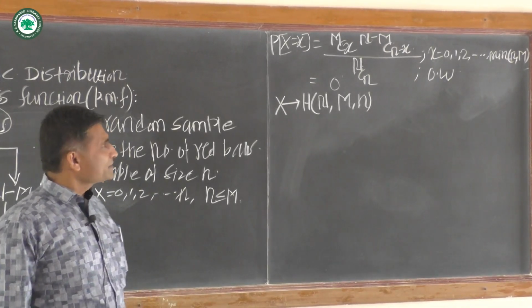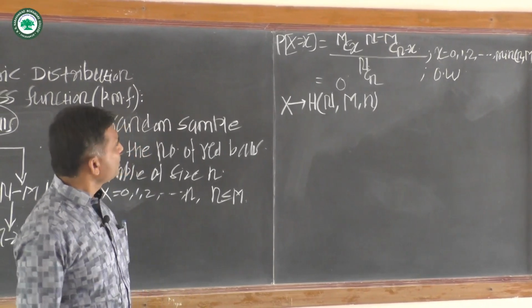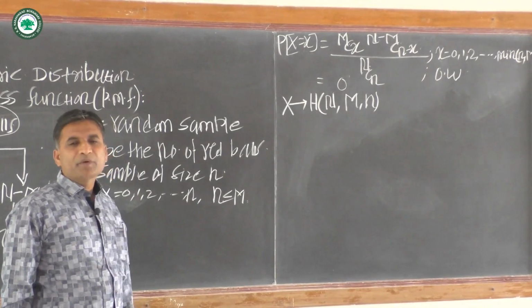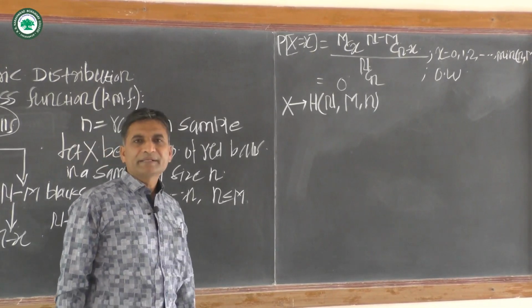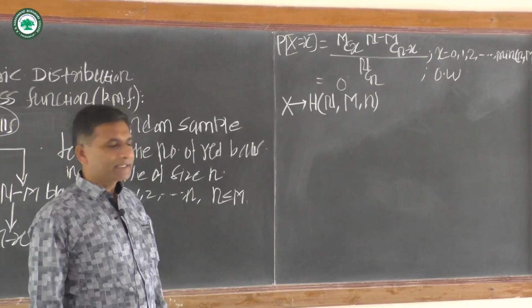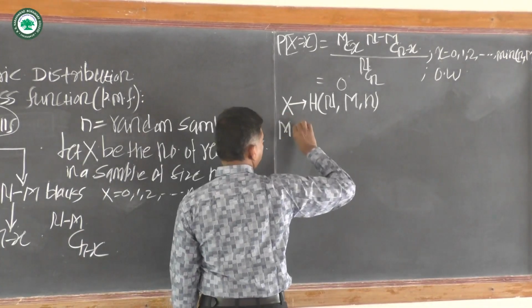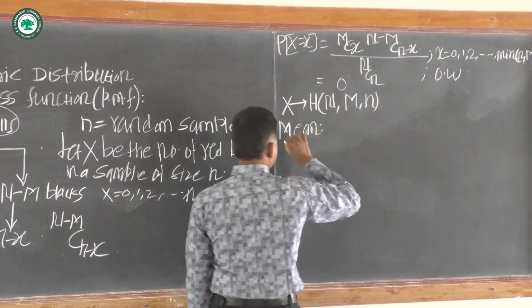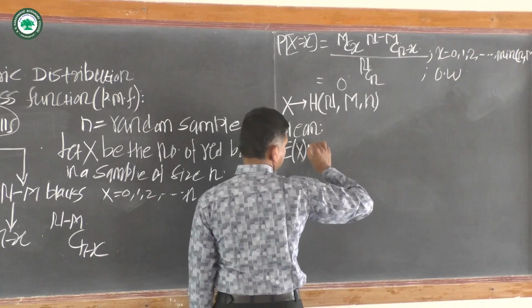Under these conditions, hypergeometric distribution can be applied. Okay, now we see the mean of the hypergeometric distribution. How to obtain the mean, which is also called the expected value of the random variable x. Now the mean of the hypergeometric distribution, which is the expected value of x, is equal to